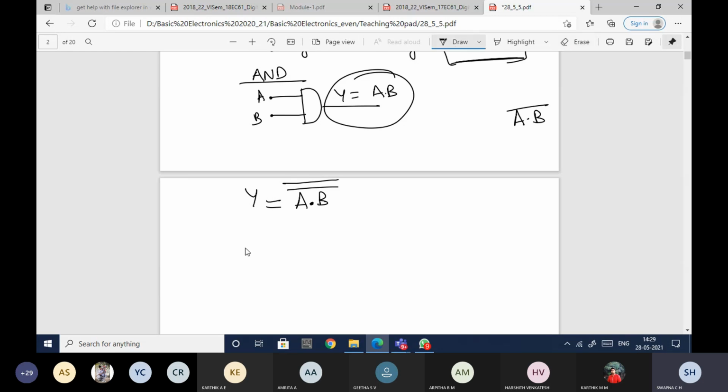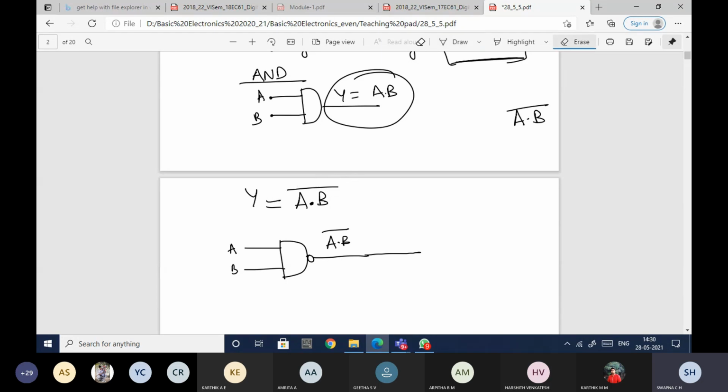A and B are two variables which I can give to the NAND gate, so that my output here will be A dot B whole complement. But I want one more complement also. What to do? I need one more complement. Anybody can tell me? See, I could get only this much, but still I have one more complement.